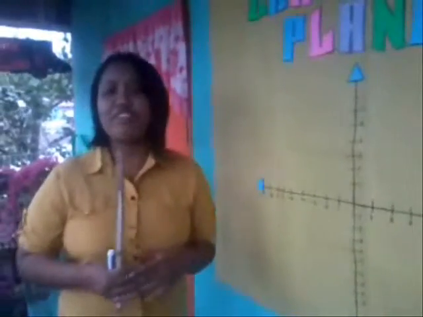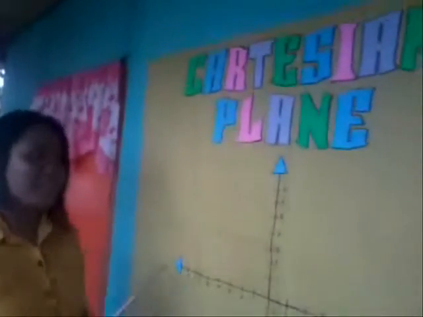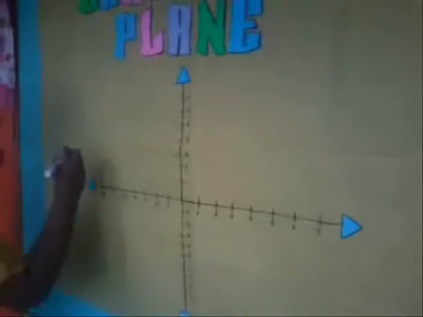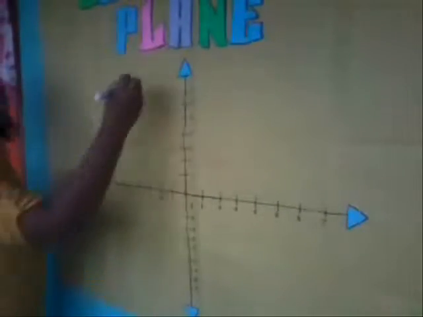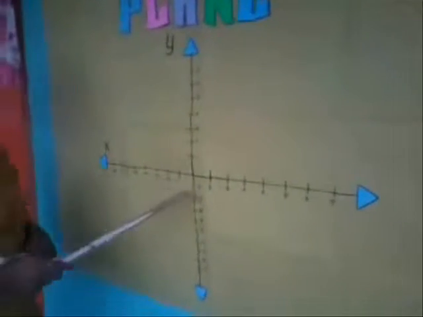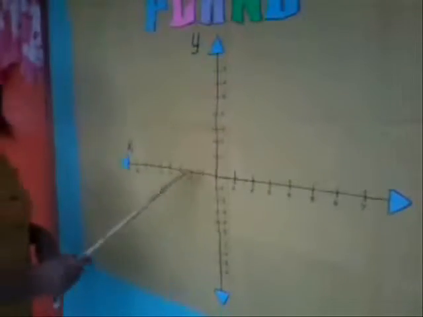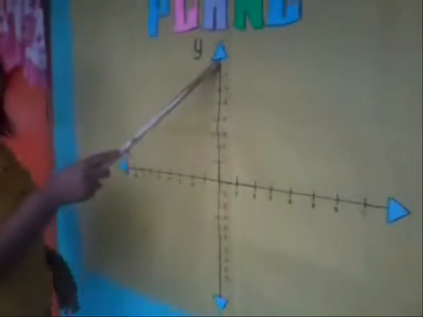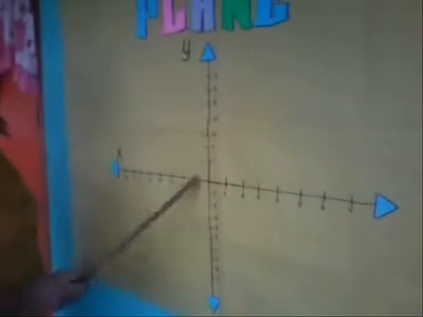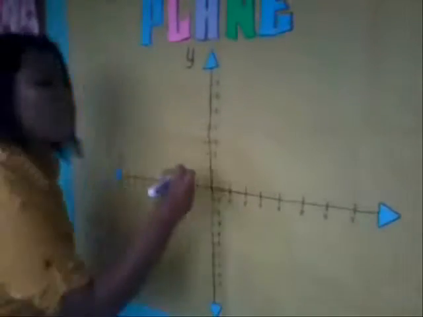So now, let's cover the Cartesian plane and the distance formula. The Cartesian plane is represented by these axes, the x and the y-axis. Positive values of x are over here on the right, and negative values of x are over here in the left, like our normal number line. The y-axis is similar, except that it's vertical. So positive values are up here, and negative values are down here. The intersection point is where the origin is.